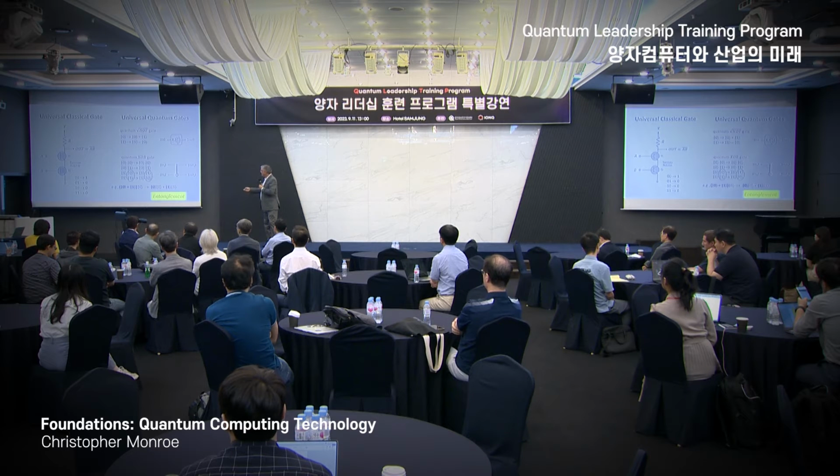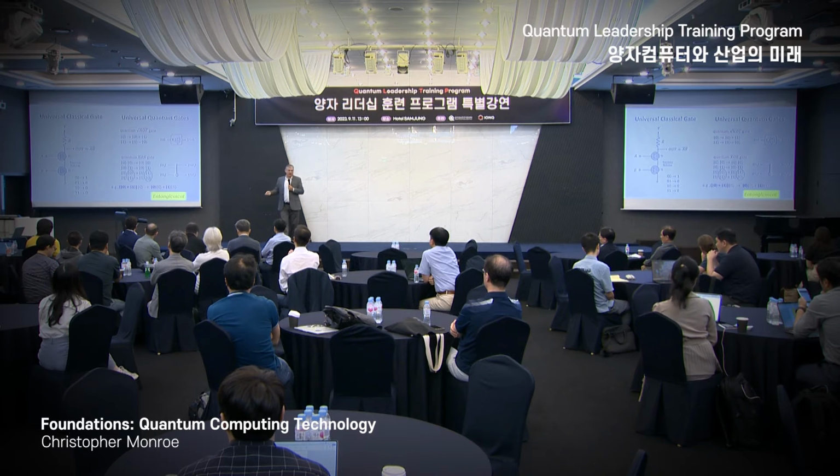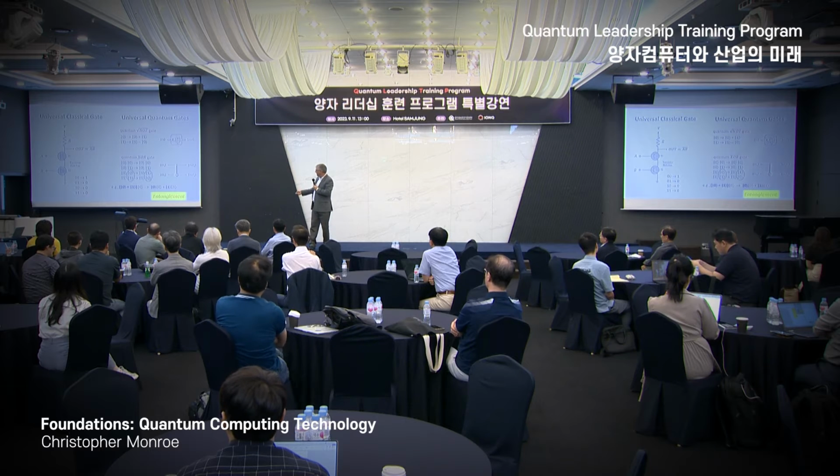And you're basically taking 2 inputs and you get 2 outputs. The first output is the same as the first input. The second output is the sum of the 2 input bits, modulo 2. So it's the XOR, if you want. Another way to say it is an XOR gate flips the second bit if and only if the first bit is 1. So that's one example of a universal 2-qubit gate. And you can see that it's useful to make something called entanglement. I'll tell you what that is in a sec.